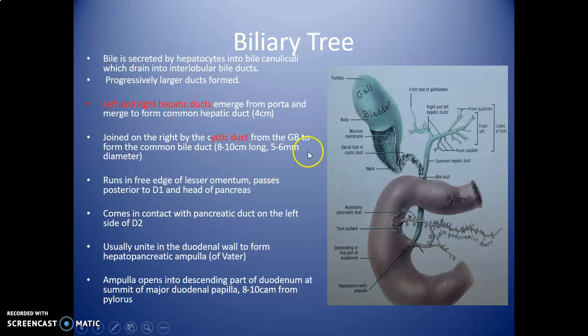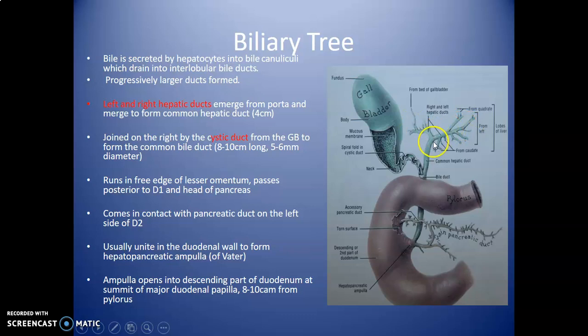So how do you describe the biliary tree? We said bile is secreted by hepatocytes, which then release this bile into biliary canaliculi. The biliary canaliculi will drain into interlobular bile ducts, and interlobular bile ducts will progressively form larger ducts. The interlobular ducts in the right lobe of the liver will form the right hepatic duct, the left will form the left hepatic duct. So these two ducts, the right and left hepatic duct, will merge